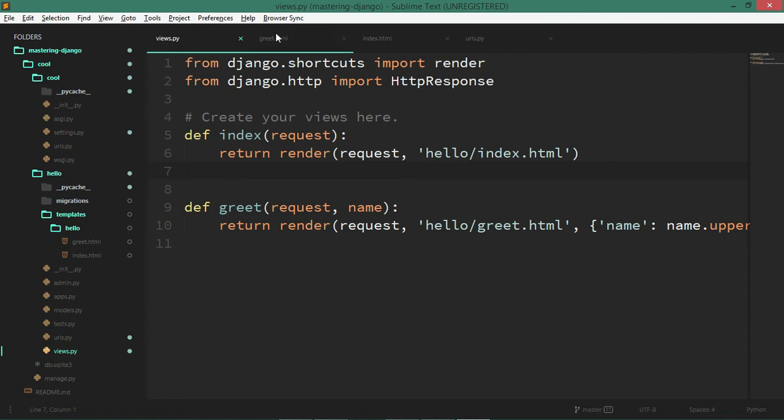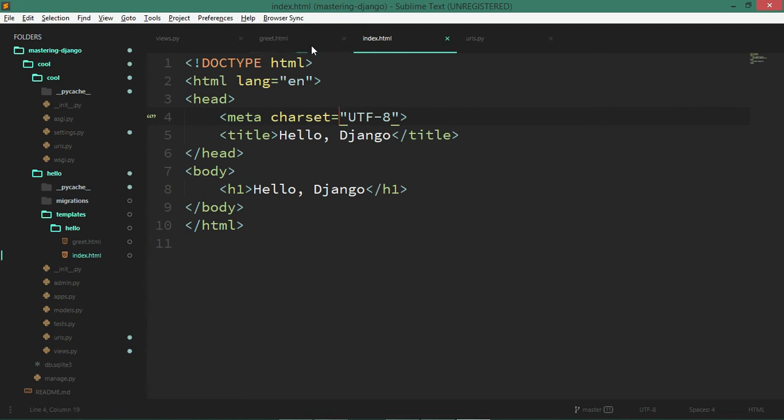What is that flaw? The flaw comes out in this and this file. Just see, their complete overview is so similar that somehow I should be able to use one in the other. In a big website, you will have all those nav bars, and probably you want to repeat some sort of HTML again and again. And one thing that should really rub you the wrong way is copying and pasting, which we just did from our index to our grid. So how can we tackle this? This is interesting. And Django again makes it pretty easy.